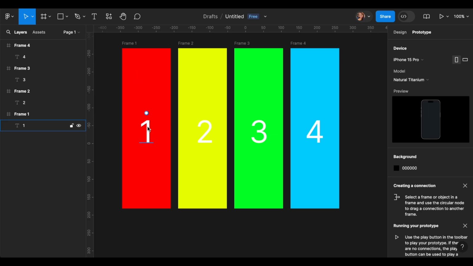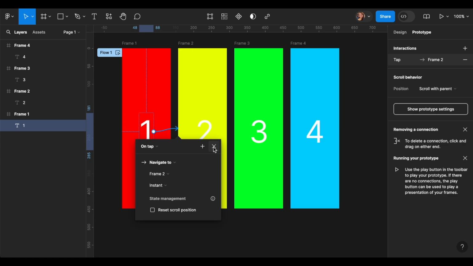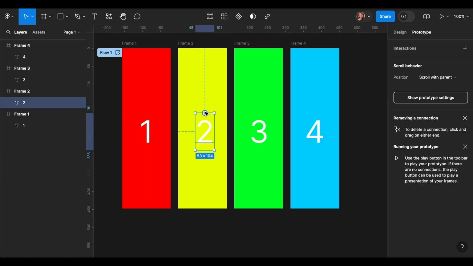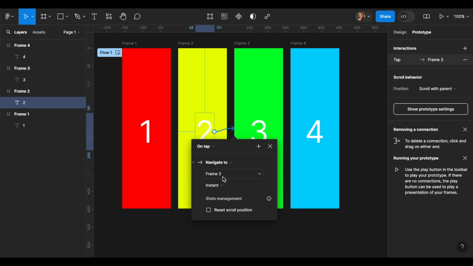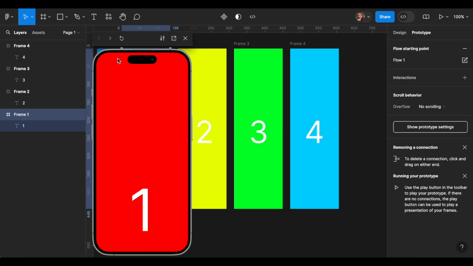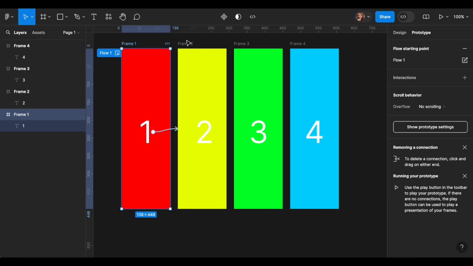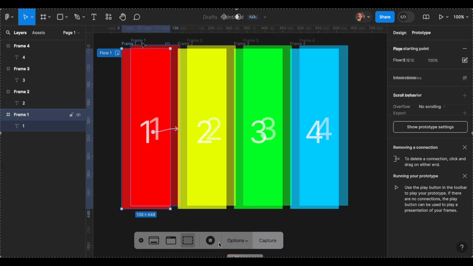Prototyping option is on from the top right. And now what I am doing is I am connecting screen 1 to 2, 2 to 3 and so on. So this is a basic prototyping where I am linking all the screens 1 to 2, 2 to 3, 3 to 4, and you can see on the left hand side there are frames created of that. So it's a quick review of the prototype that we just linked.